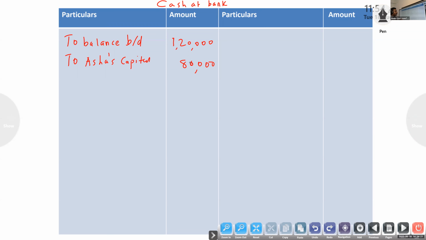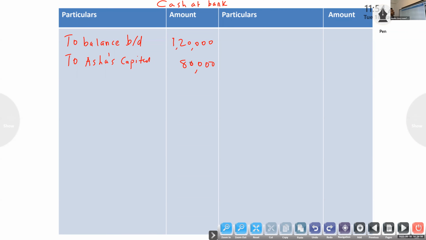Any goodwill withdrawn? No. Normally those are the items that will come. If a new partner brought goodwill and if it is withdrawn, that also will come, to goodwill by partner's capital account. That is another case, but it is over. No goodwill. Next, revaluation, no cash. In the partner's capital account, is any cash there? Aisha? Yes, in the partner's capital account, we wrote it on the credit side.